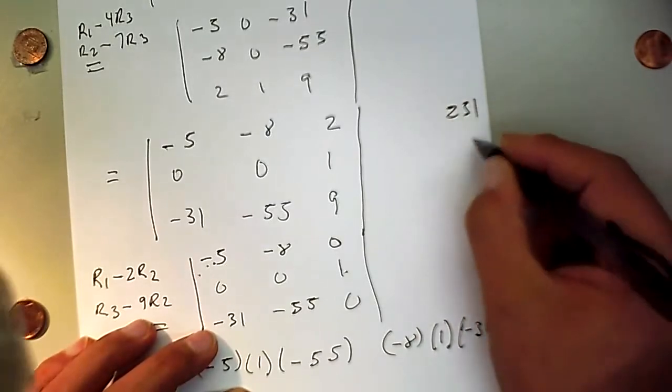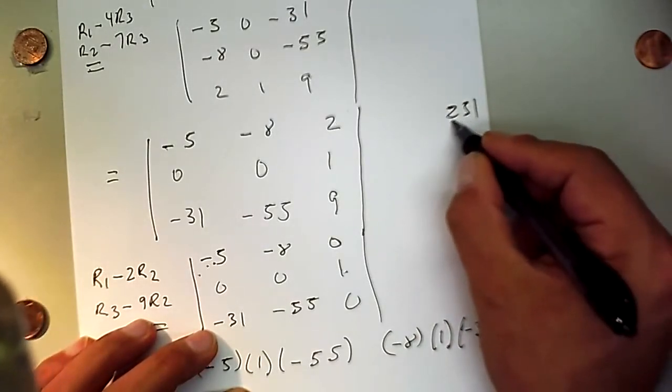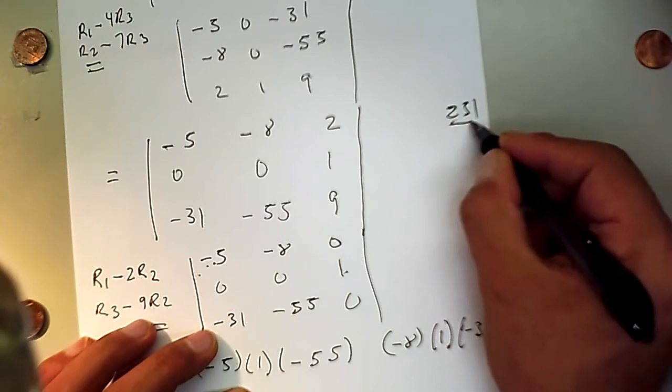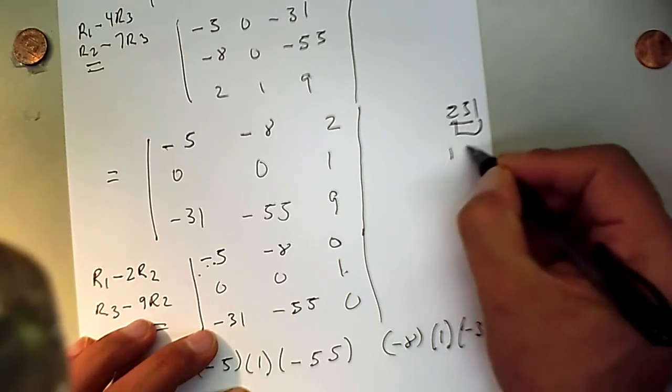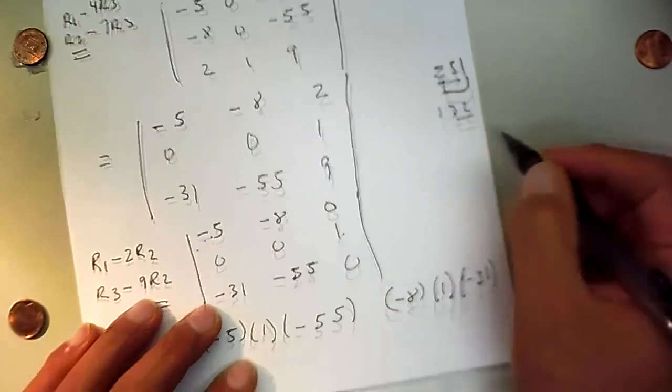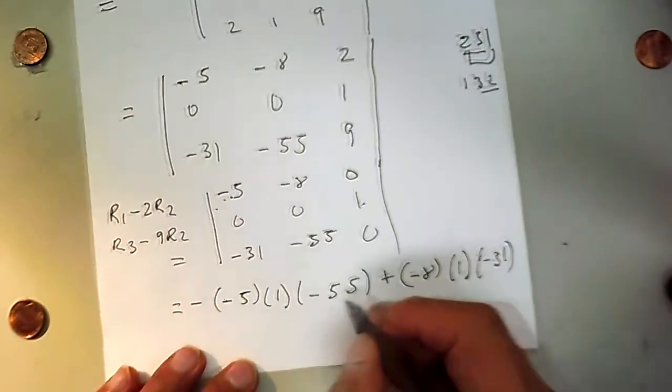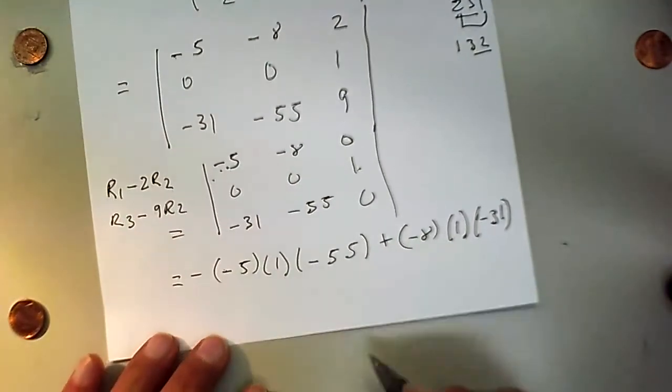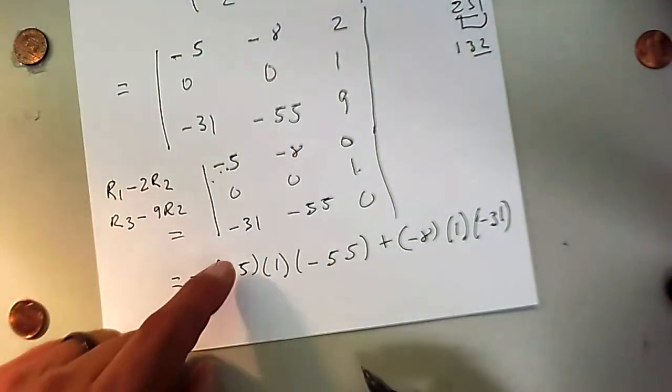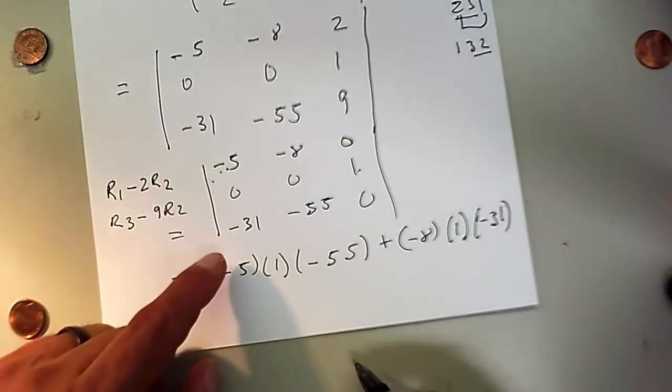2, 3, 1. We need to swap those two. No, we need to swap those two. 1, 3, 2, and then we swap. So that's even. So that's a plus. Yep. And that's going to give us the same numbers. I guess with this particular matrix, we didn't